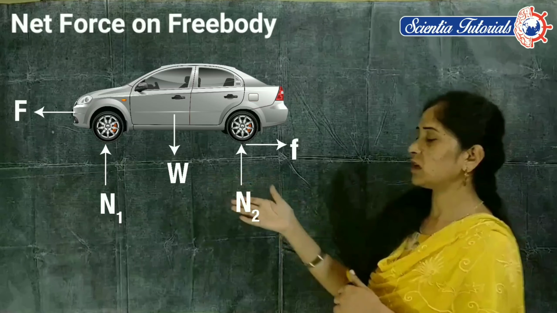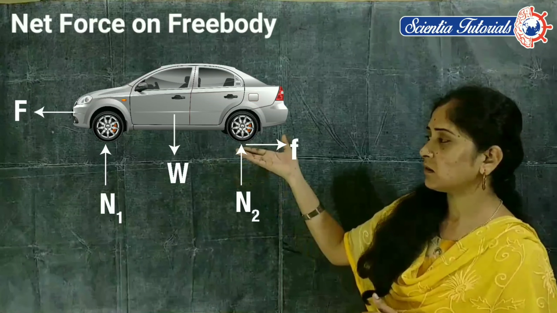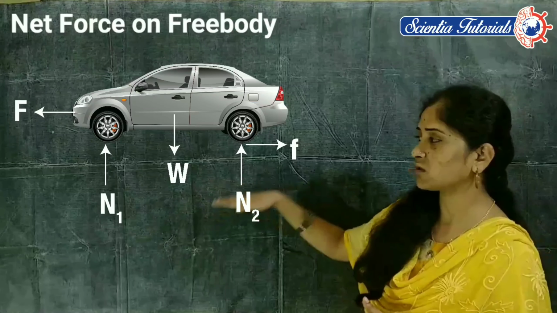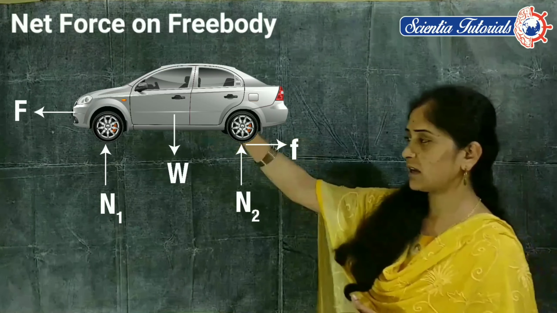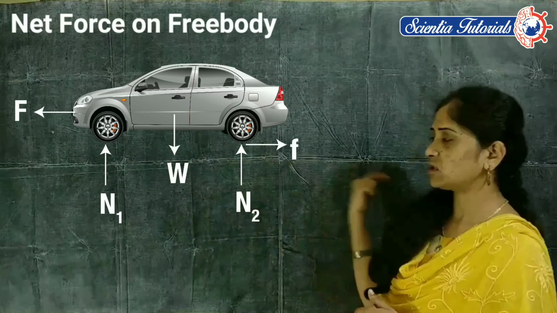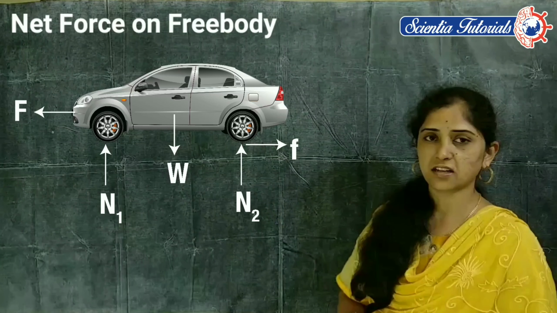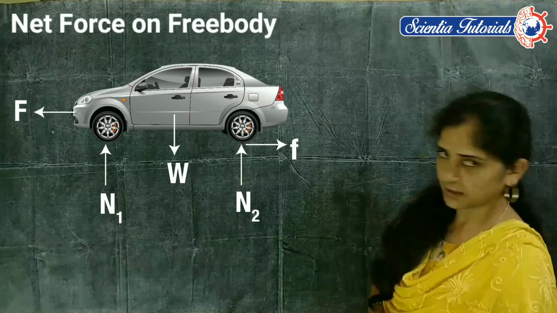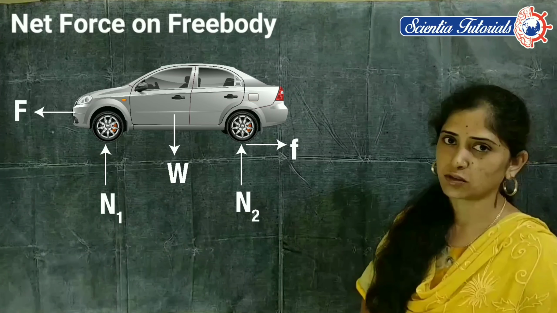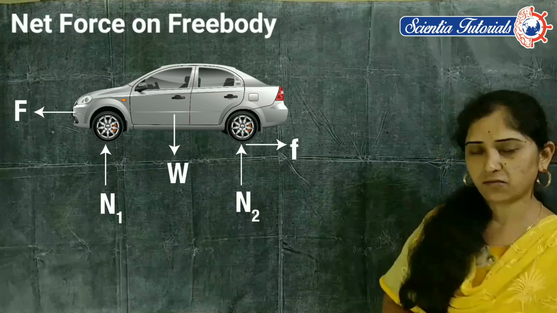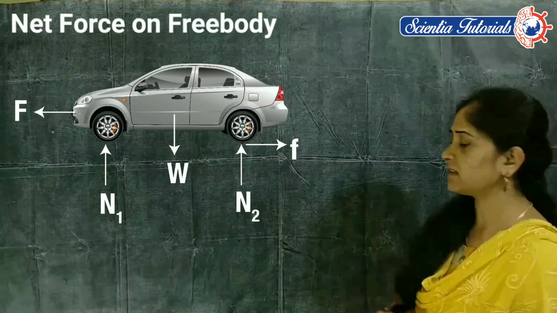Next, we can observe that the car tires experience frictional force, which is the frictional force shown by the road on the tires of the car. The car is moving in the forward direction and the road shows the force in the opposite direction. So frictional force acts on the tires of the car. We represent frictional force with small f, and the force from the car engine is capital F.